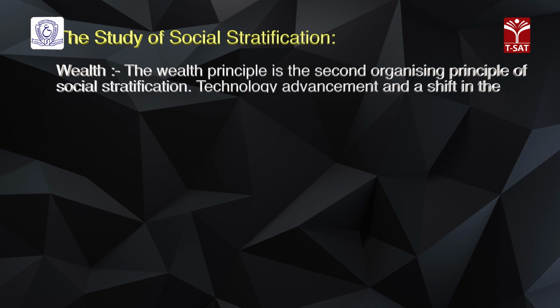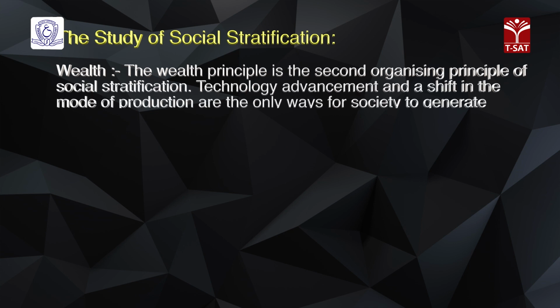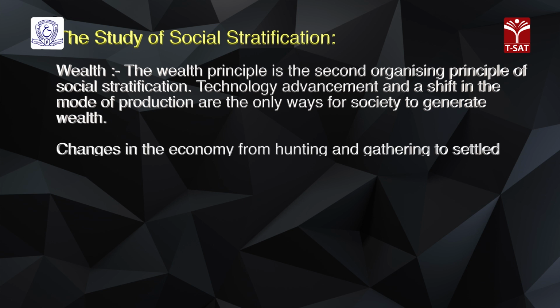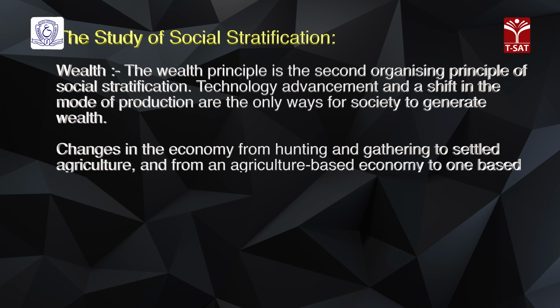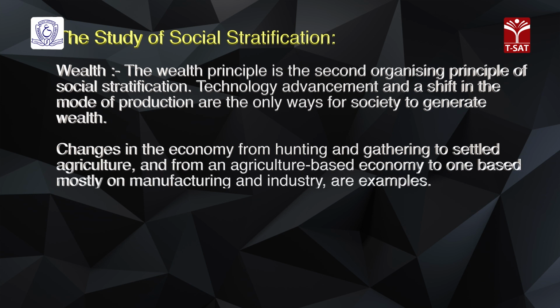The wealth principle is the second organizing principle of social stratification. Technological advancement and a shift in the mode of production are the only ways for societies to generate wealth. Changes in the economy from hunting and gathering to settled agriculture, and from an agriculture-based economy to one based mostly on manufacturing and industry are examples. Such developments not only resulted in the establishment of social stratification, but they also transformed the principles of social stratification